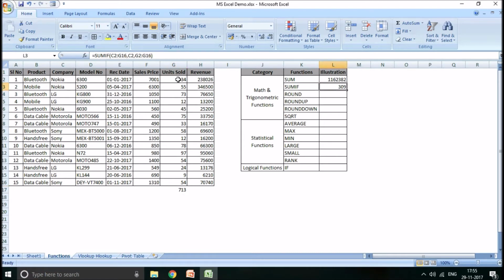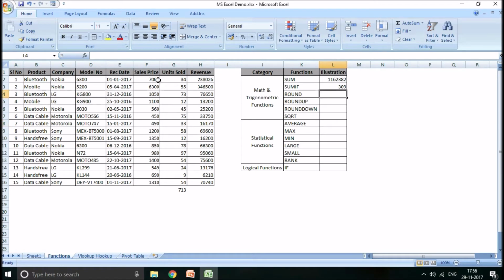If you select only the Nokia units sold, you can see that the sum is 309, which is matching with this particular value. So SUMIF is a function which is used to do the sum of a particular range which satisfies a certain criteria, right?